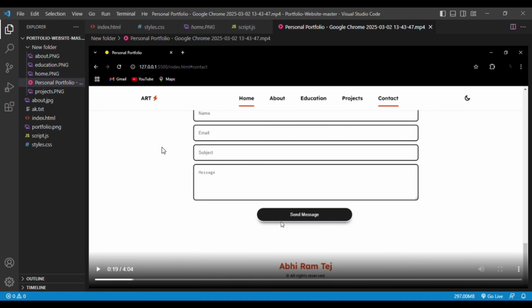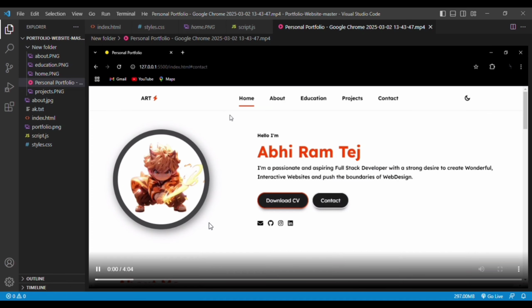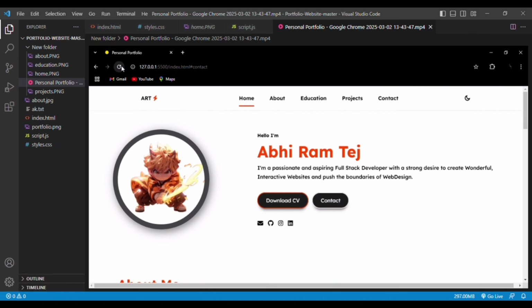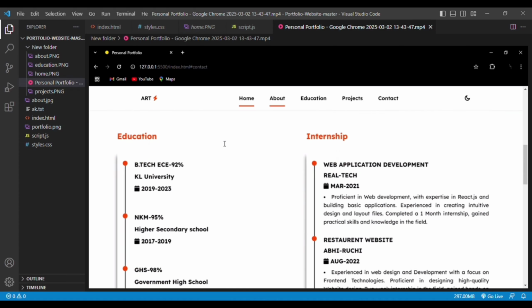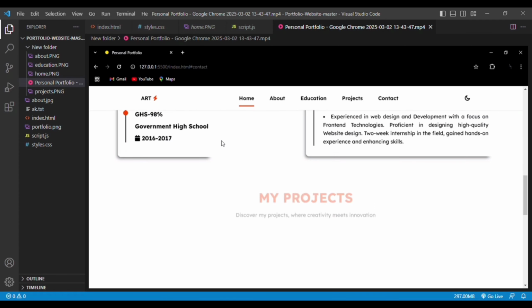Let me show you once again so that you can see how amazing this personal portfolio website is. You can build this project. The source code is available in the description. Definitely try to build this project. By using Scroll Reveal, we have added the animation to the website. You can see the smooth animation effect,